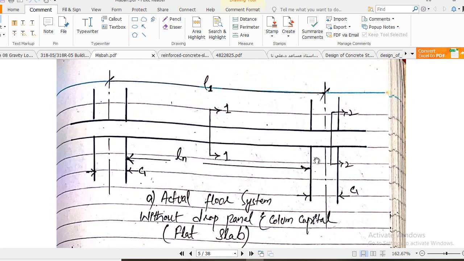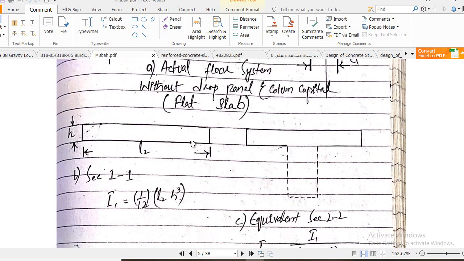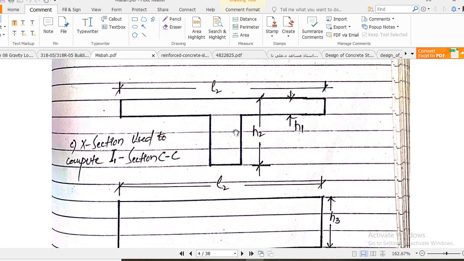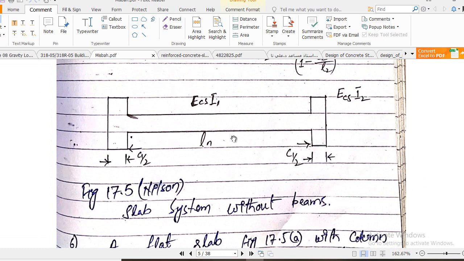Now here you see this is a flat slab system with no drop panel, with no column capital, so there will be no variation in EI. So that's why I recommend you to use the DDM method in such cases, if the other limitations are fulfilled. This is because there is no variation in the slab system. So here you see we have only one section to calculate moment of inertia, L2H cube divided by 12. But in the beam slab system we have to use different sections. Clear? So the next thing is that